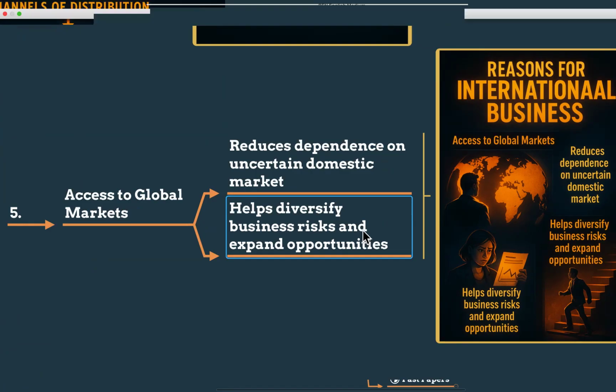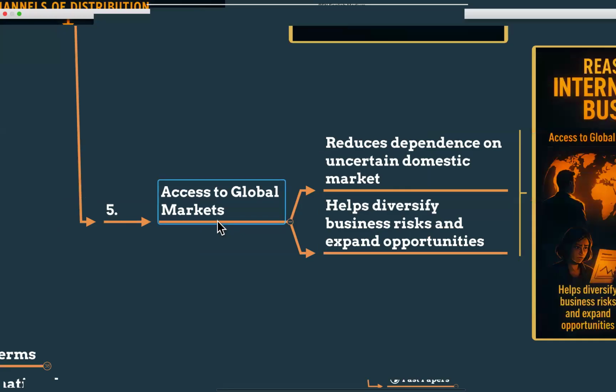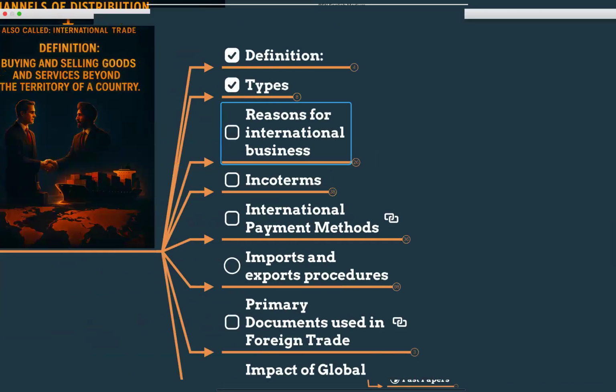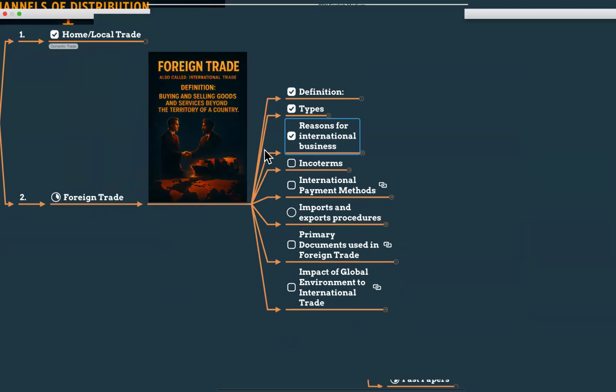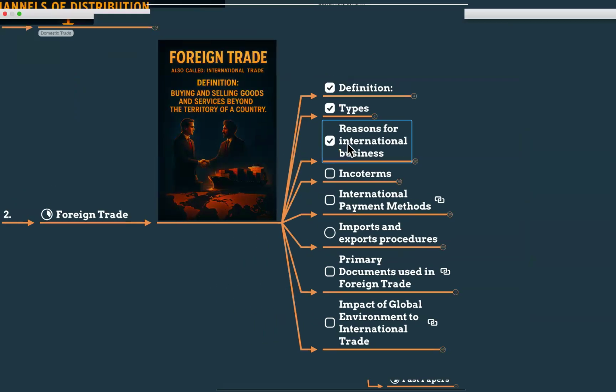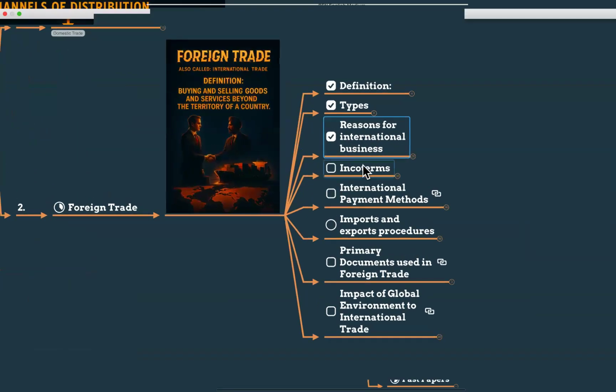If the local economy is weak, foreign sales continue. Different market, different season, so you always have cash with you. So you are diversifying your risk across countries, right? For example, during an economic crisis, local purchasing power drops, but your spice exports to India continue. So foreign earnings serve your business. That is the access to global markets, right? So these are the reasons, my dears, why international business is very important, right?